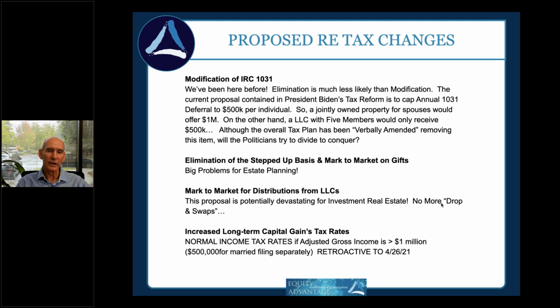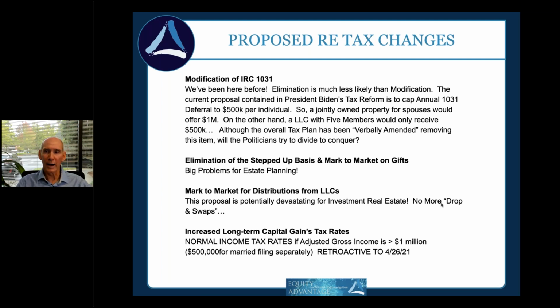Now, if they were to actually implement a retroactivity on this, I could imagine we're going to have the courts just filled with cases, because imagine completing a transaction and you thought you were looking at maybe a top rate federally on a long-term gain at 20% on appreciation, 25% on depreciation. Now you're looking at what was proposed to be as much as 39.6%. I mean, that's a brutal deal to be hit with, and you're going to throw state tax, and we still have the healthcare tax on top of that.